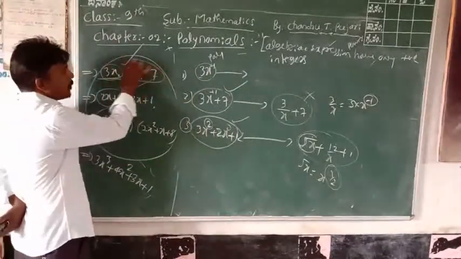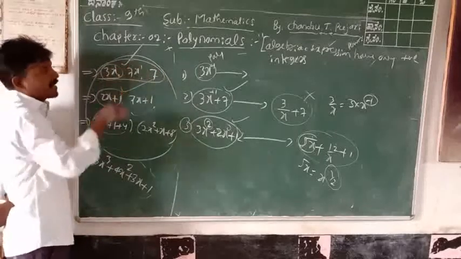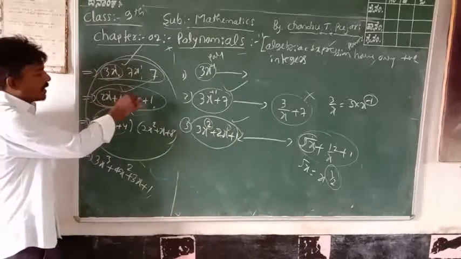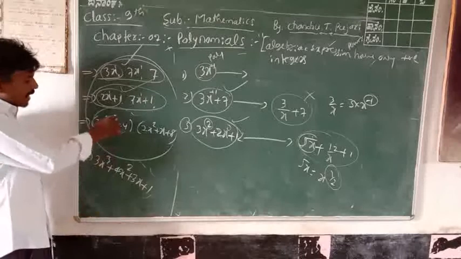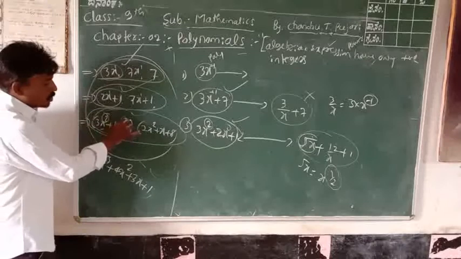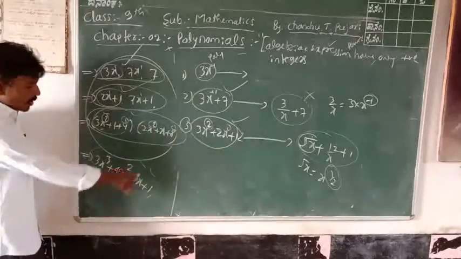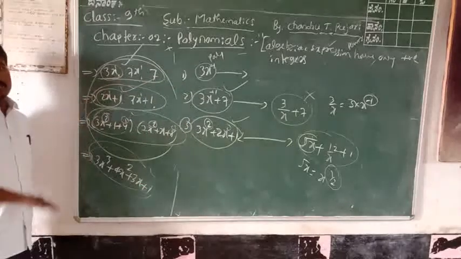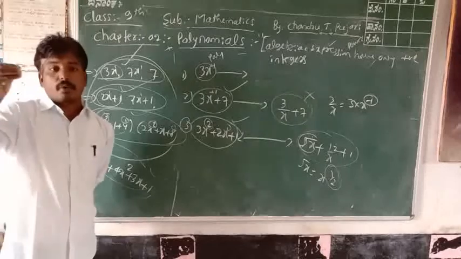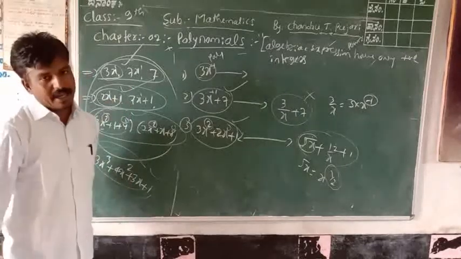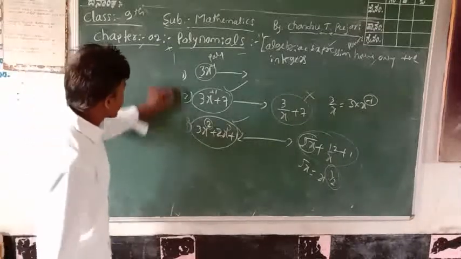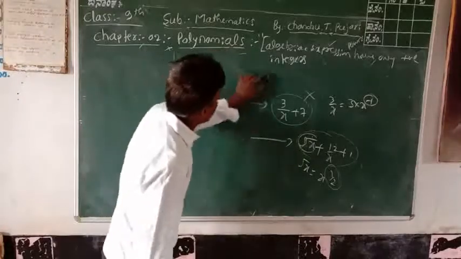Therefore, monomials are polynomials because the power is only 1. Binomials are also called polynomials because again the power is only positive. Trinomials are also called polynomials because these powers are positive integers. And also more than 3 terms, 4 terms, have only positive integers, or only whole numbers, and are called polynomials. Therefore, these all are polynomials. And also you can study some more concepts in polynomials.